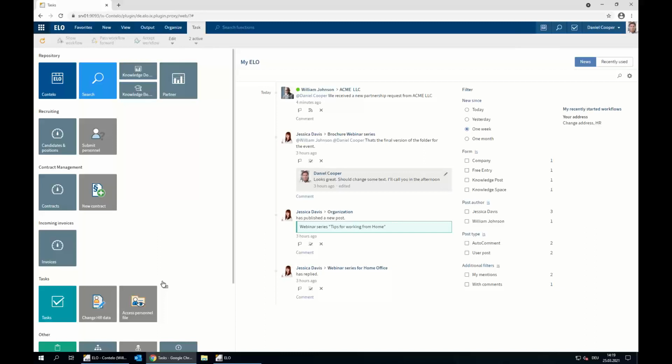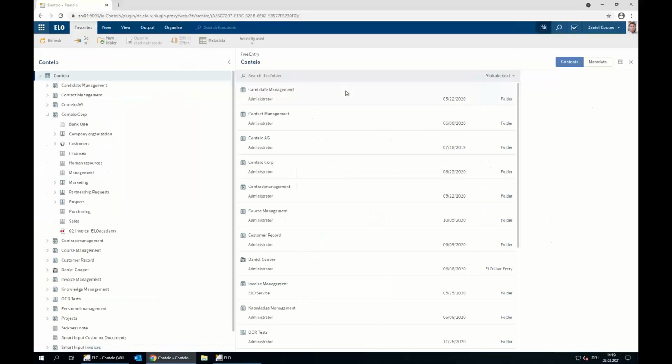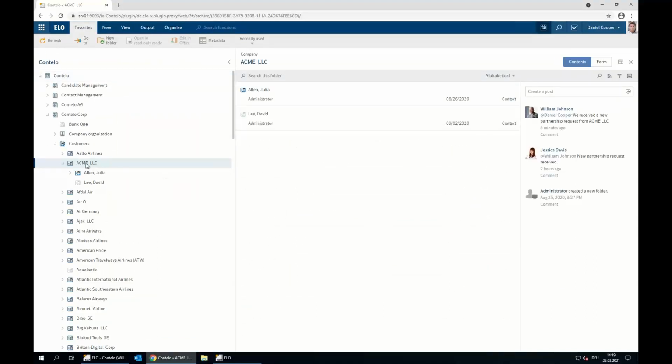It's the same look and feel like the rich client which William Johnson uses, but it's accessible through the browser, so he doesn't have to install something. The first thing which he sees is that William Johnson has sent him an information that we received a new partnership request from Acme LLC. So he has the information right when he opens his client, and then he can click on the name of the new partner, and then here it comes to the partnership request,